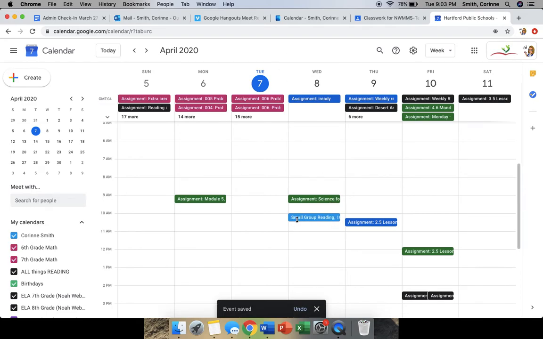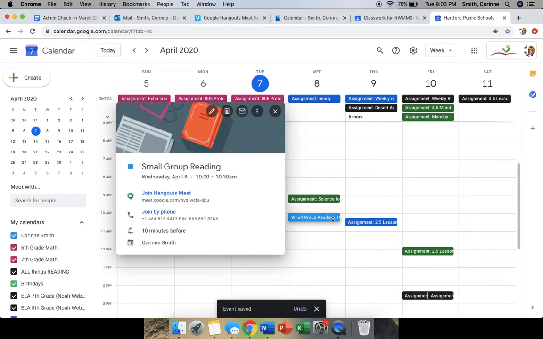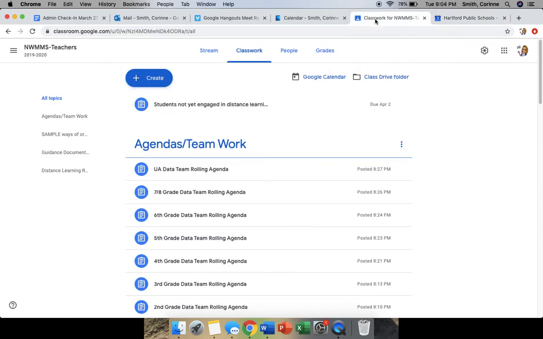So here it is, small group reading. If I click on it, I have the Google Meet information, and I don't know if you've discovered this along the way, but this is a copy to clipboard link. So if I click on that, I can now go to my classroom. Here's the Noah Webster teacher classroom. I'm going to create an assignment